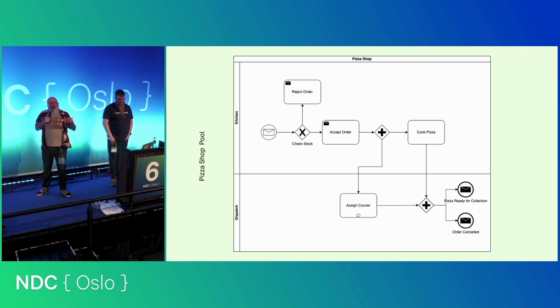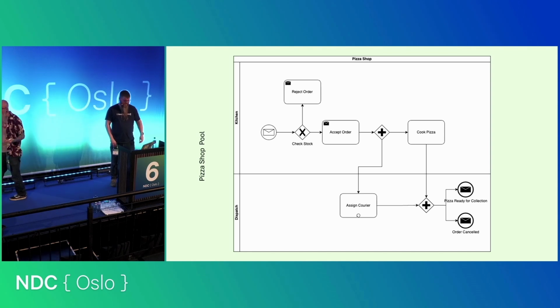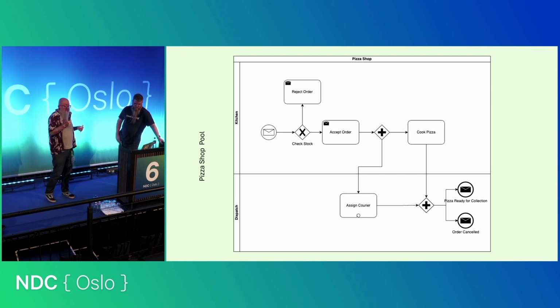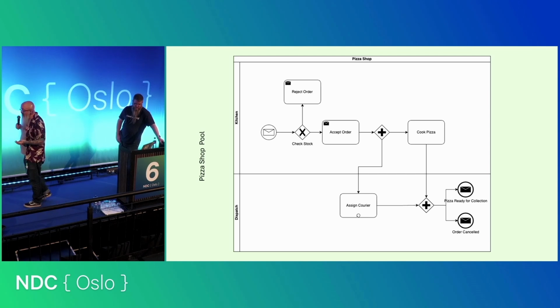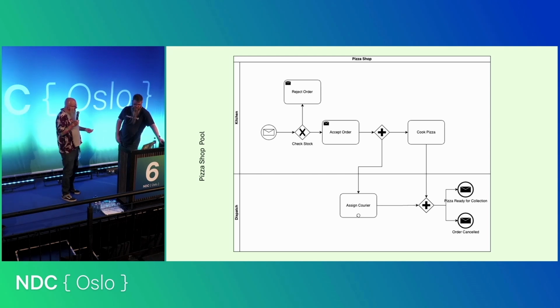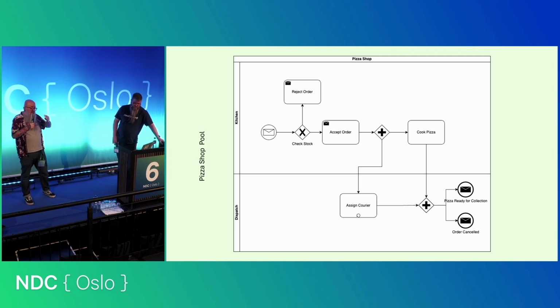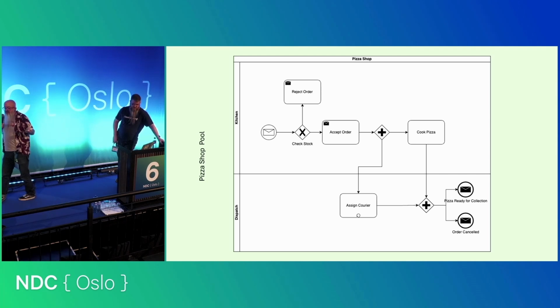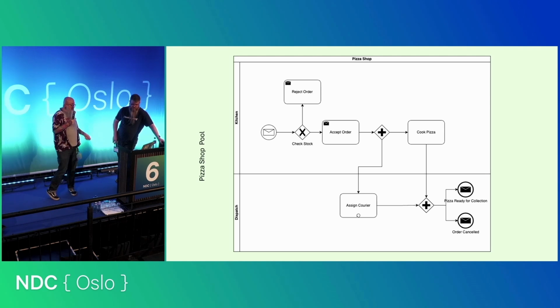Of course, we aren't making our own pizza. So there's another pool, and I can think about another microservice, and that one's going to run effectively a whole series of steps to enable us to cook a pizza. You can see here we've got some little message icons. So what we're doing here is we're actually sending some messages. There's no kind of dotted line. There's one for accepting or rejecting the order. That's what we've been sent by the customer. So that's that first message. And then we say, I'm going to send a message back to you to accept or reject it. And then effectively we cook the pizza. And we also signal to a courier to say, hey, first of all, are you available? And second, basically, it's ready for you to pick up.